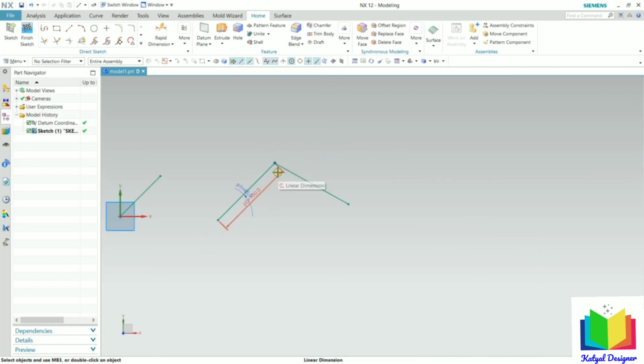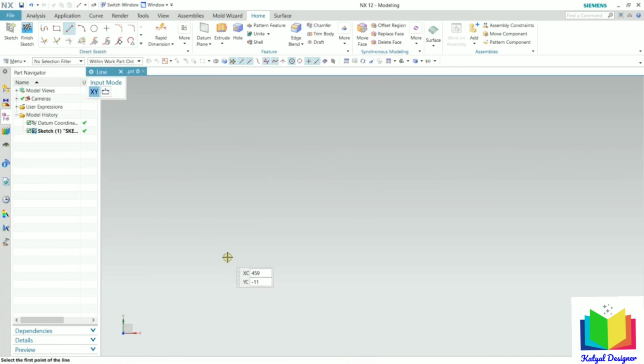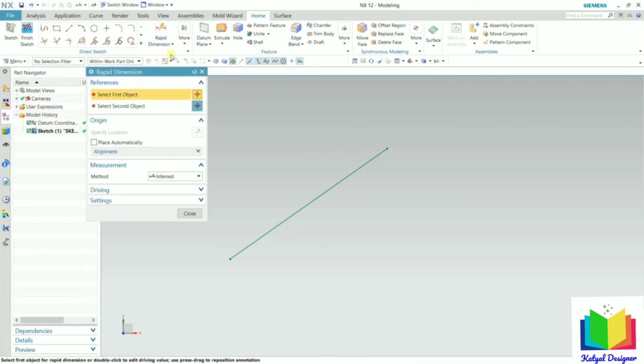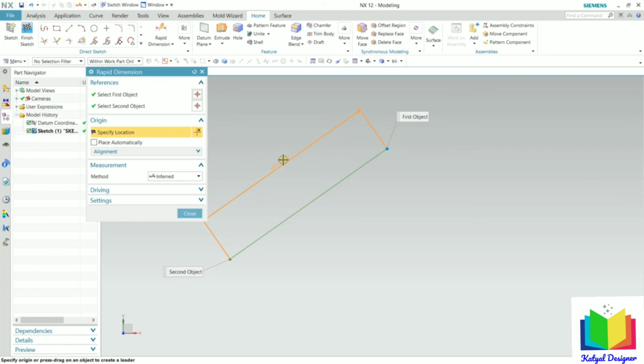Now let's explore some more options inside this line command. So I zoom in somewhere. I take the line command. Let's say I draw a line like this from this first point to the second point and then press escape. Now if I want to change the dimension of it, I can go to this rapid dimension. Click on rapid dimension. It has multiple dimensions like linear, radial, angular, perimeter. By default if I select the rapid dimension, it will consider all these options. So just select this line and then place the dimension. Click here. Now I can insert any value. Let's say this is 200, press enter